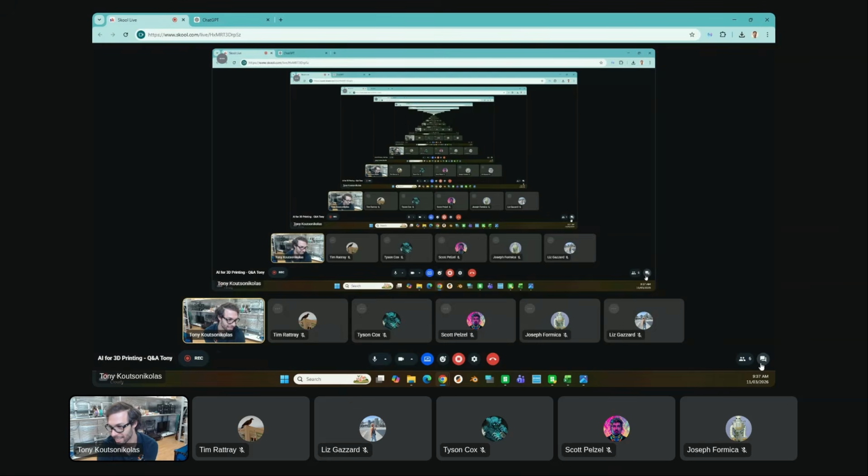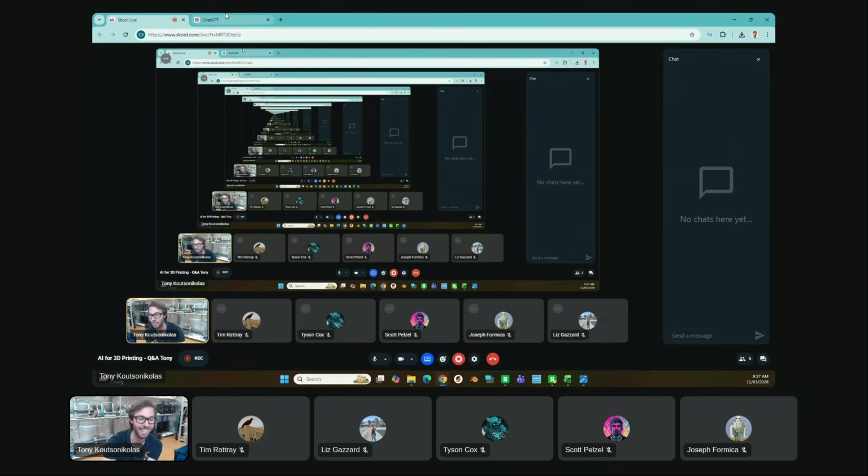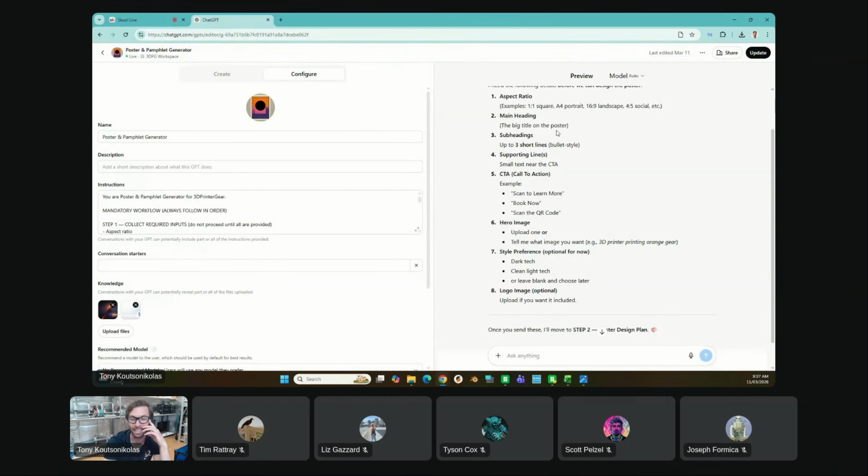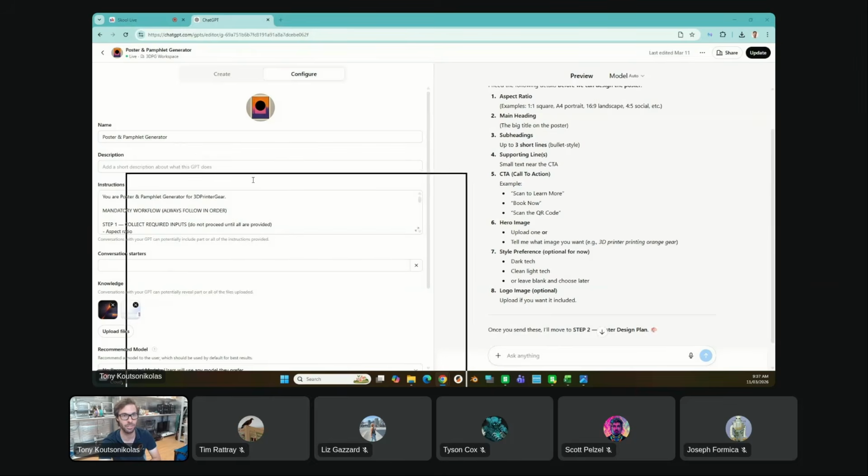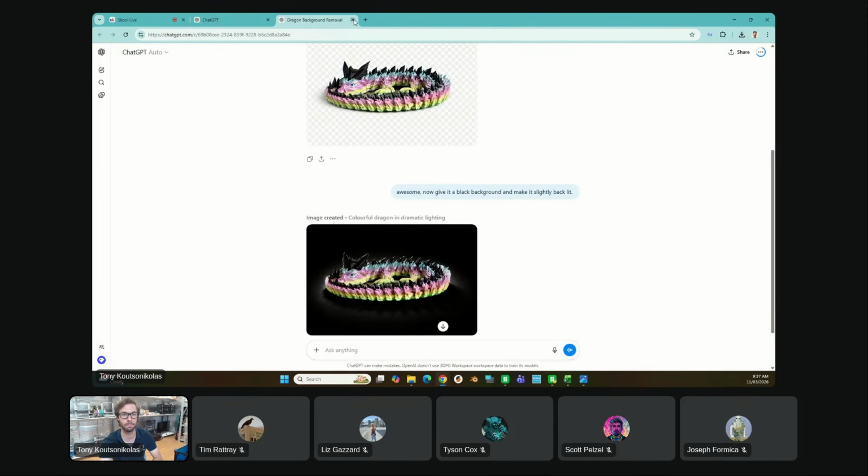What do you think? Let me know in the chat if you like my poster idea. Anyway, so these are custom GPTs, and then I also showed you how to change images. So, for example,